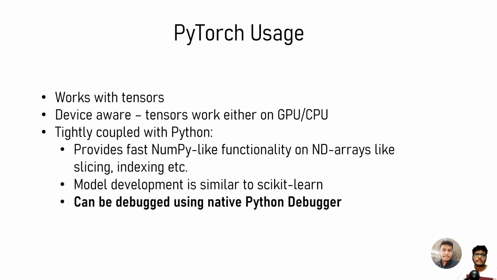Now, as it is highly integrated with Python, it also can be debugged, right? So PyTorch can be debugged with any native Python debugger. So you don't need any specific debugger or something like that, which you need in case of TensorFlow. You don't need any of that. You can use any IDE's debugger and you can debug through neural networks. So that is also another huge flexibility that is provided with PyTorch. So this is pretty much what PyTorch is in a nutshell. It is a deep learning library that provides you a lot of different features which are helpful in order to build neural networks, which we are going to do in this course, right? So yeah, that's pretty much it with PyTorch.